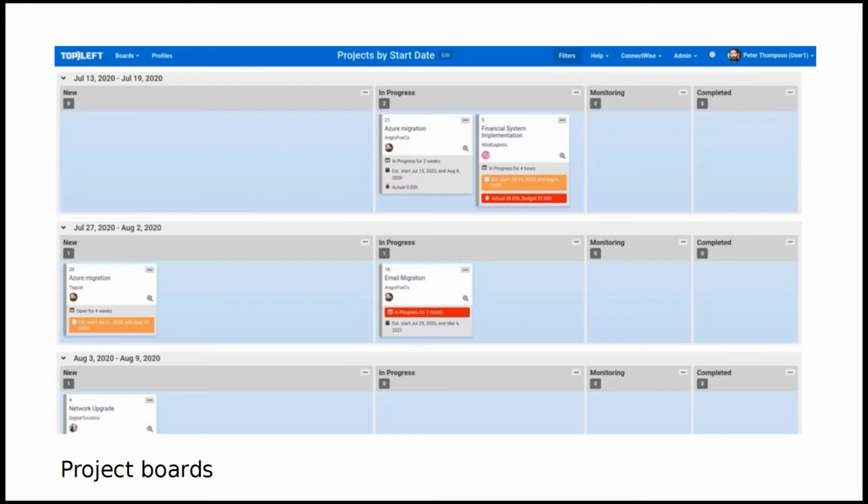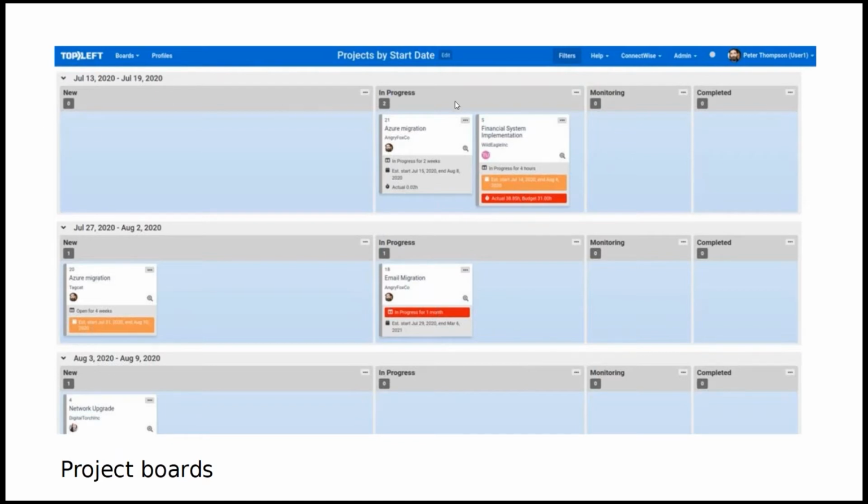Here's another feature, also something that's more for project managers, and we just released this in the past month or so. It's boards that are not showing you tickets anymore. These cards actually represent your projects overall. So this would be for a company who has like at least 1, 2, 3, 4, 5 projects, but I know that a lot of MSPs have way more projects, 20, 30, even 100 different projects ongoing at a time. And it's really hard to keep track of everything when you've got that many projects. But Kanban boards now can be used to show you the overall status of your projects in your project workflow, including the same sort of warnings for when the project is over budget, or when it's got an upcoming start date or end date.